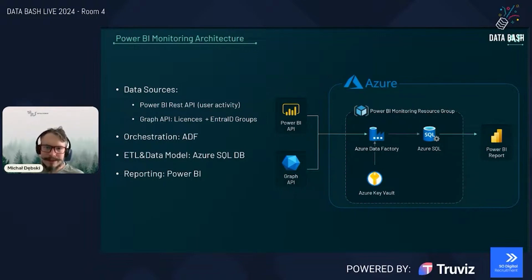The second data source presented on this screen is simply Graph API. And from Graph API, you can get information like the licenses on the individual level. So who has access to Power BI using a Pro license or a Premium Per User license. Plus you also have information about Entra ID groups and group members. So this is the way to know who exactly has access to a given Power BI object within your